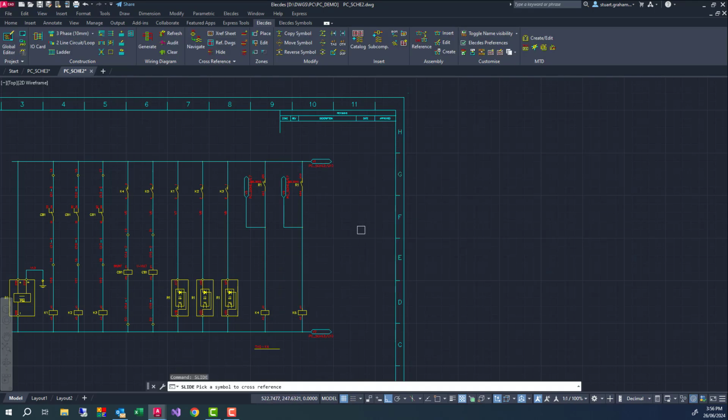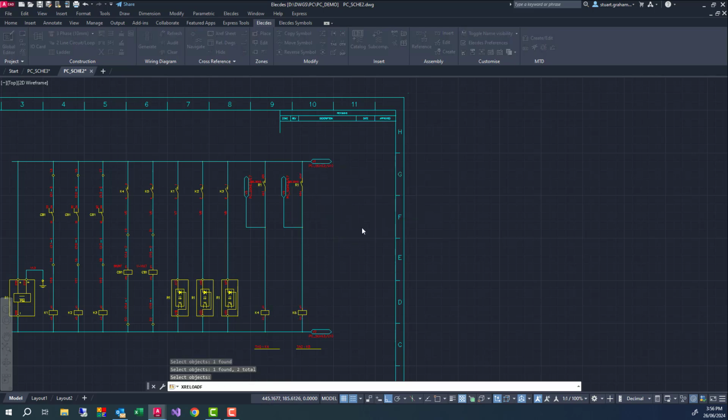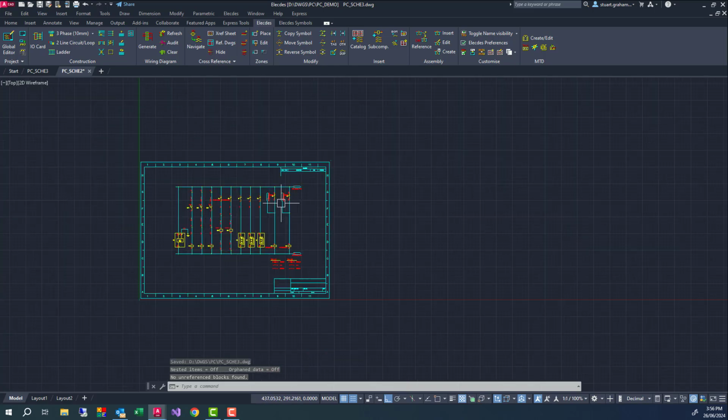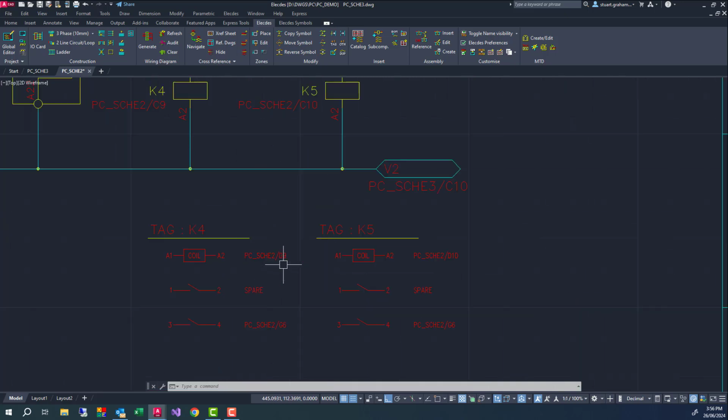I'll select the cross-referencing tool from the ribbon menu. The cross-reference tool asks me which components and tables I wish to reference. Zooming in on the complete cross-reference tables, I can see that the relay family is tabled and referenced project-wide, including terminal numbers and spares. Two points to quickly mention. The cross-referencing tool is open for customization, so for example you can use your own symbols. And secondly, the visibility of any reference is easy to control.